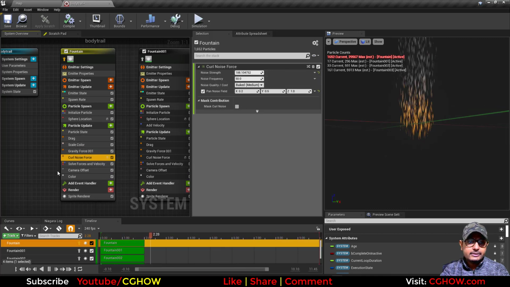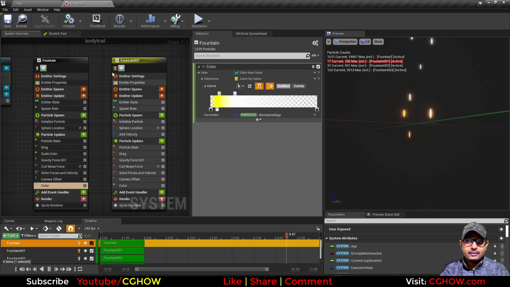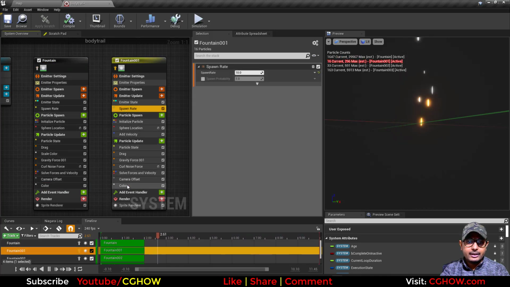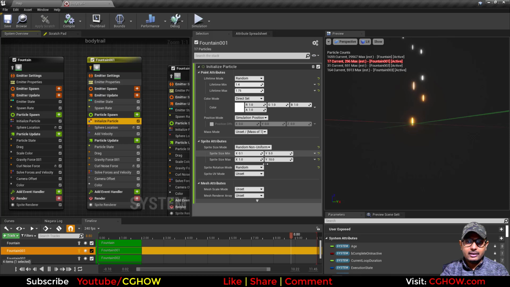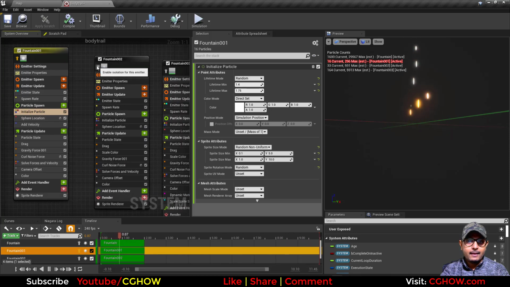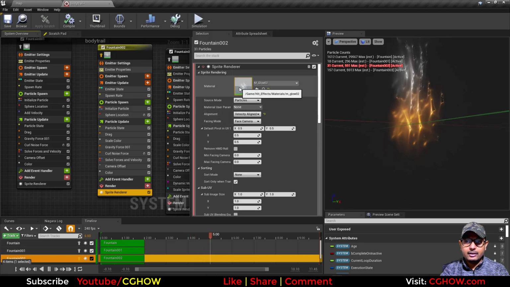Some curl noise, camera offset 20, and color initially orange then white. Then I just duplicated this one, reduced the spawn rate and increased the brightness of the particles by 100 and slightly increased the size. Then again I duplicated this one and just changed the material.